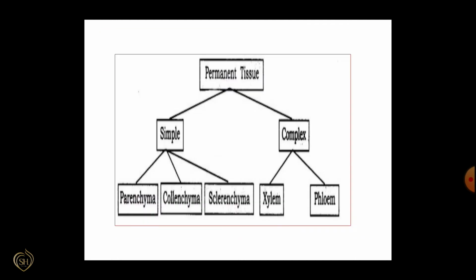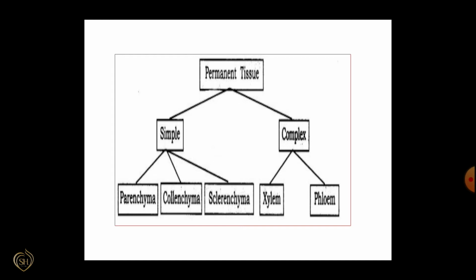Permanent tissues are again classified into simple permanent tissue and complex permanent tissue. Simple permanent tissue is again divided into two on the basis of their function: protective tissue and supportive tissue. Protective tissue consists of cells with thick walls. These are found on the surface of roots, stems, and leaves. For example, the epidermis of leaves, which secretes a waxy waterproof substance.